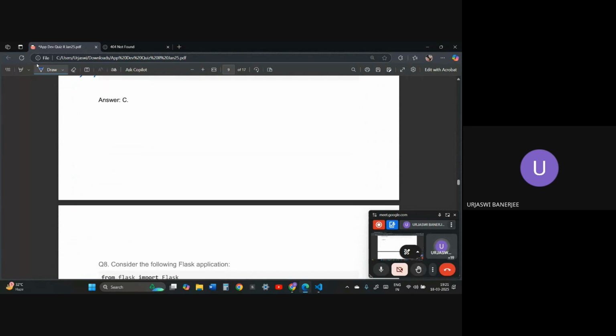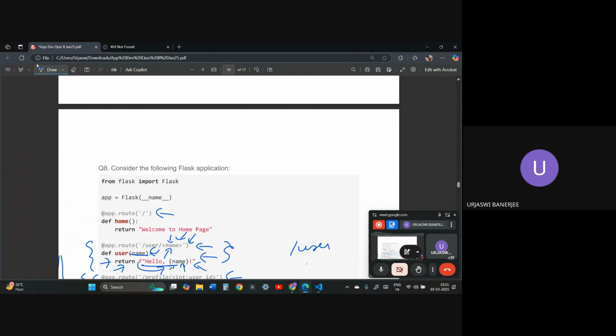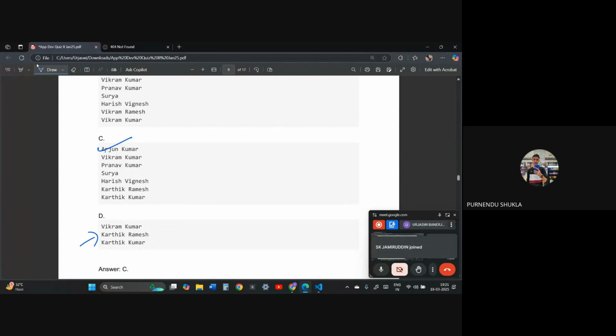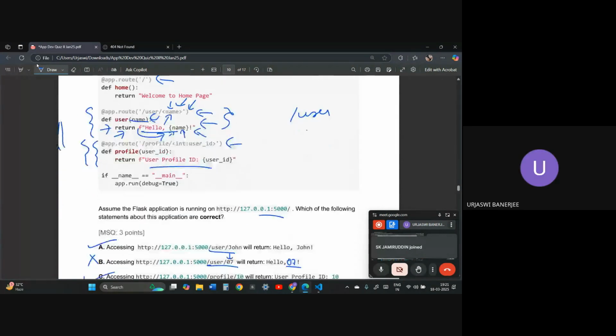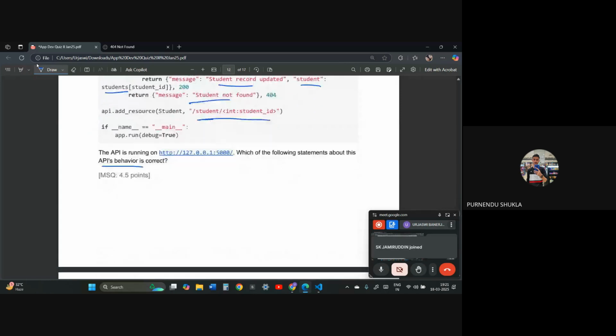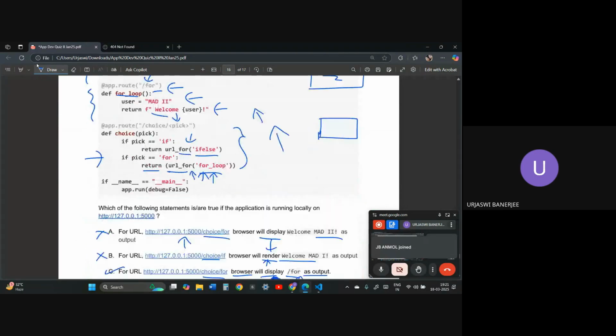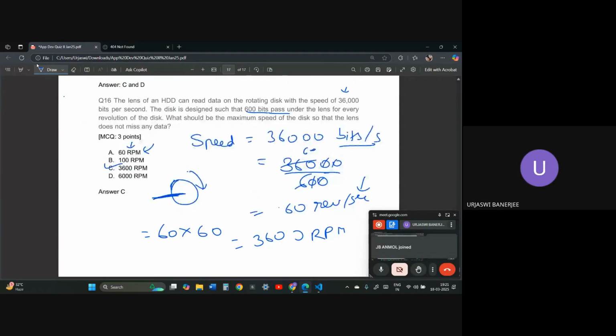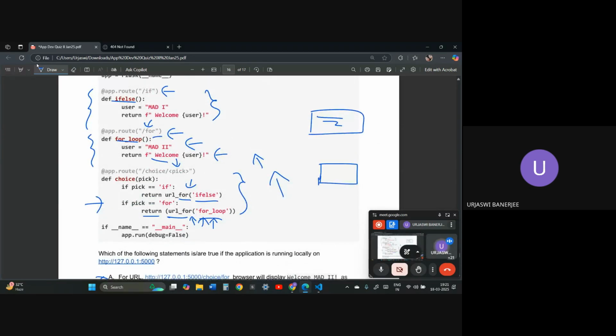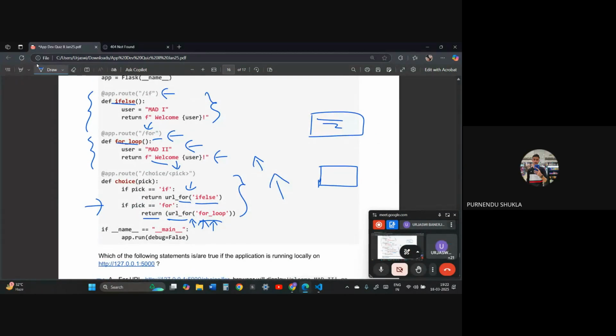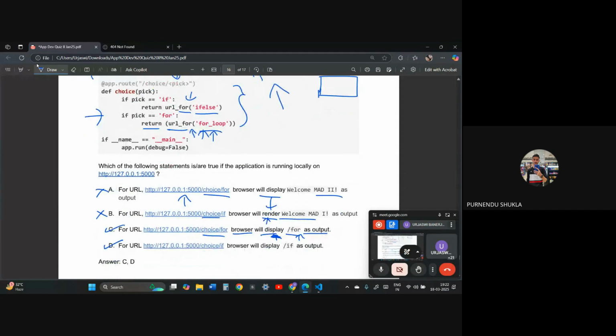So regarding that particular question which I asked you earlier, I'm not getting where it is wrong or where it is right. Let me check the option. The option is not clear actually, so that's why I'm asking. This is the correct question, this is for the correct question.